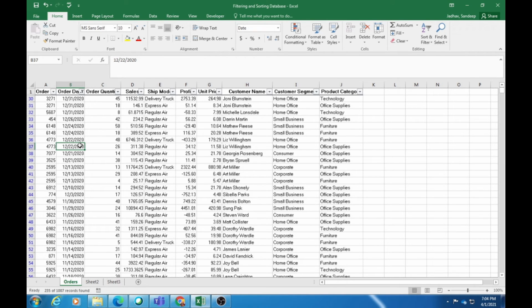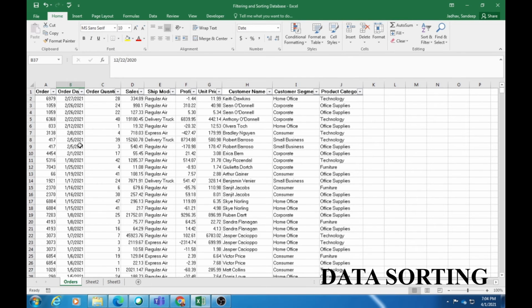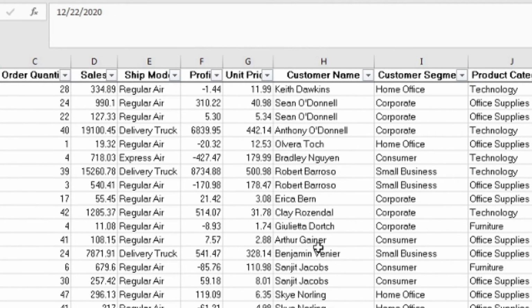I will again unfilter the data with Alt D F S. Now we'll go ahead and see the use of sorting the data. Sorting means arranging the data. This is sales data for all the customers, and I want to arrange this data by customer name alphabetically, A to Z. It is not arranged right now.